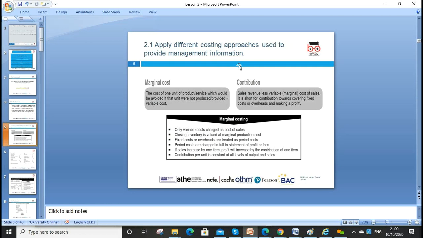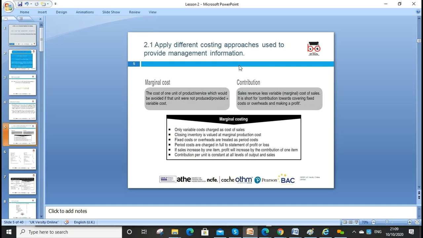Closing inventory is valued at the marginal production cost, and the fixed or overhead costs are treated as a period cost. Period costs are charged in full to the statement of profit and loss, and if sales increase by one item, the profit will also increase by the